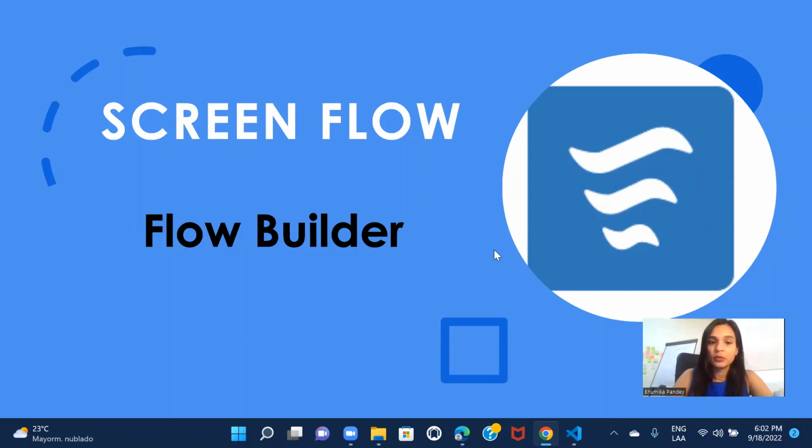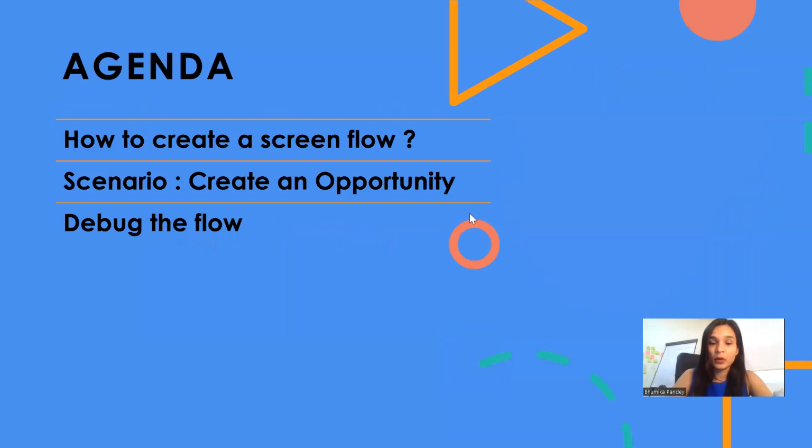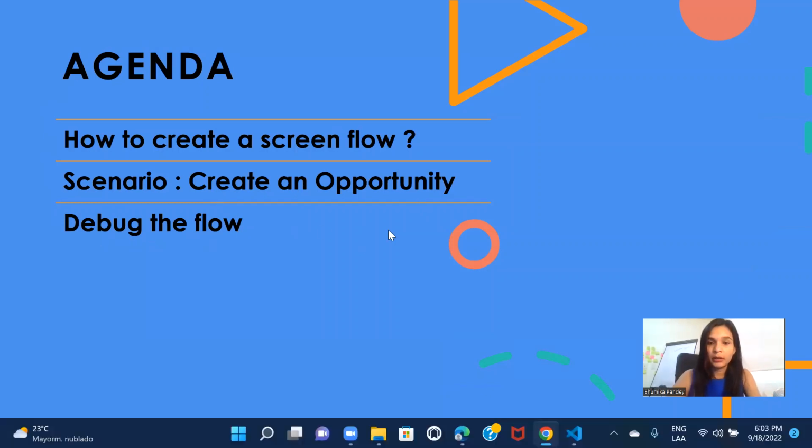So in the previous session, we talked about what a flow builder is and what types of flows are available in Salesforce. Here we are going to take an example of a screen flow, and we'll be creating the screen flow, and we'll also try to debug it so that you will have a much better understanding of how a screen flow works. All right. So what I'm going to do is create an opportunity using the flow, and then we will go ahead and debug the flow. Okay, so let me move ahead to my